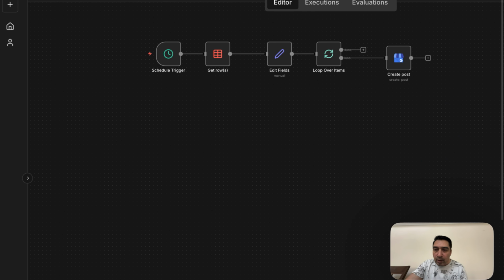So let's jump to it. Okay, so this is the workflow we're going to build. As you can see, this is a very simple workflow. And so what we have is the schedule trigger. So this runs on a schedule. And then we have the get rows that picks up our posts, and the edit fields sorts the posts out, and then it posts to my Google My Business profile, and then it loops over and does this every 2